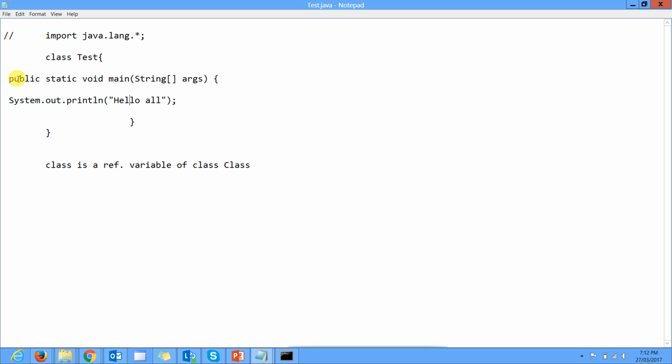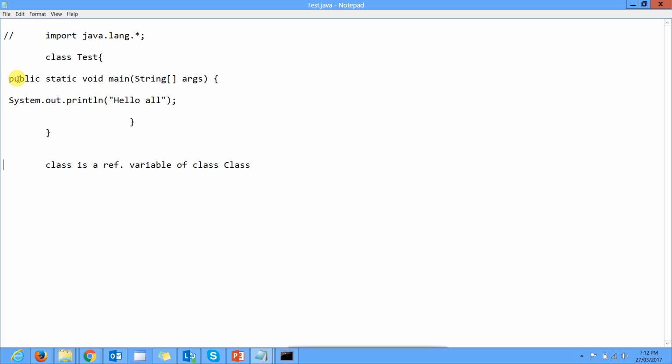System is your class. System is a class which is defined inside the java.lang package. Where is the System class? In the java.lang package. And out is your reference variable of the PrintStream class.